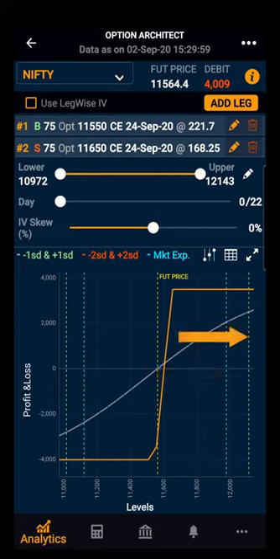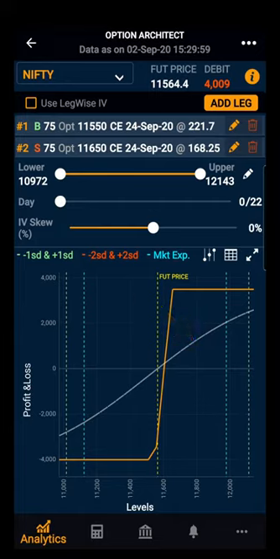The green line on the chart shows the lower and upper standard deviation. The red line indicates second level standard deviation. Orange dark line shows the expiry payoff and the dark white line indicates payoff as on present day.